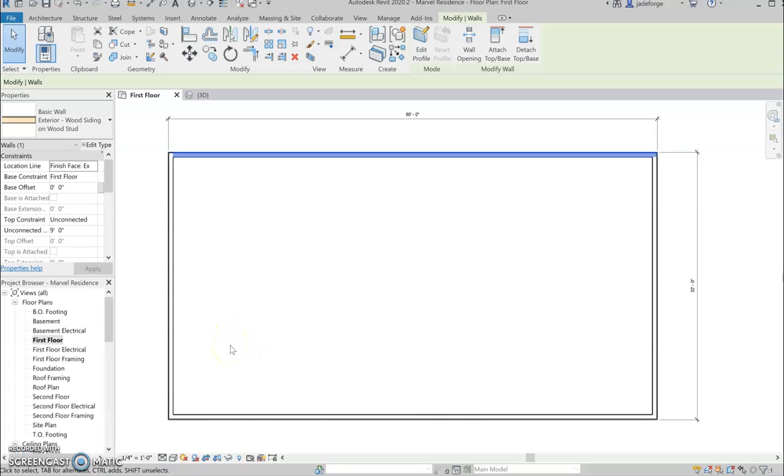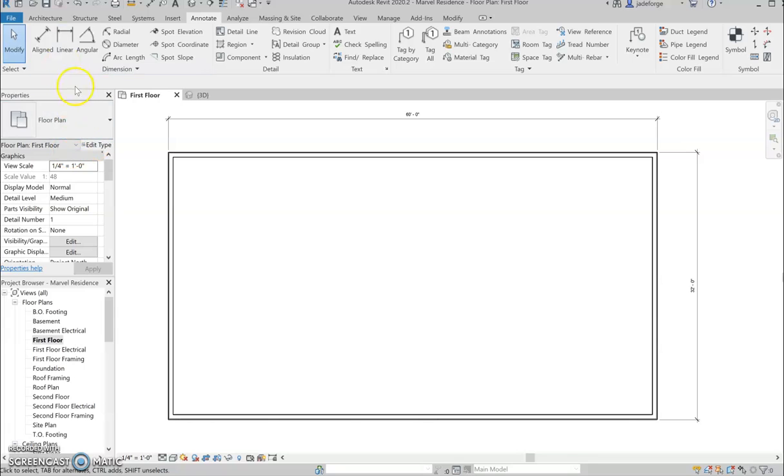At this point in time, you can save this drawing and you can submit to me literally just these exterior walls for the week 2 part 1. Week 2 part 2 is going to be the interior walls, and I'm just going to show you that real quick before my time is up on